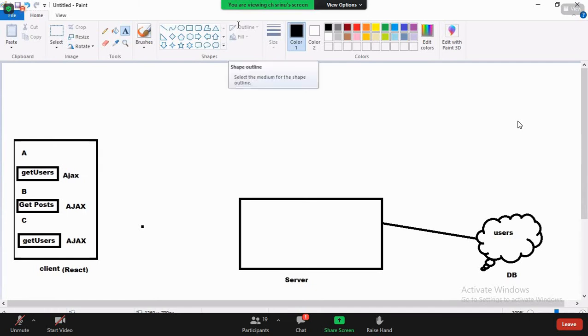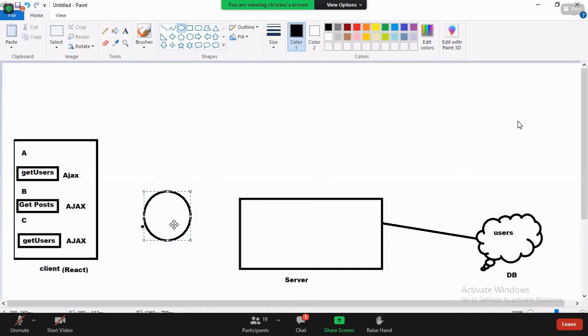I'm just talking about Ajax. I'm using Ajax in multiple places. It may be a get request, a post request, or a put request. It doesn't matter, all are Ajax only. In my application, I'm going to write the Ajax code multiple times, and I don't want to write that Ajax code in each and every place. So can we create one shared